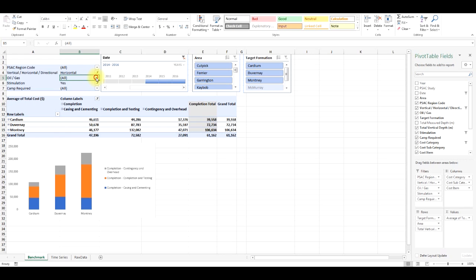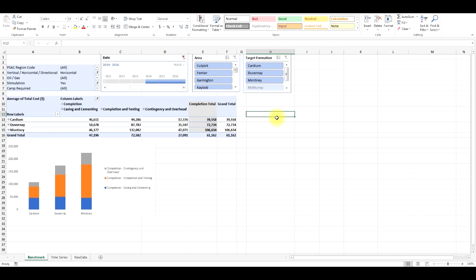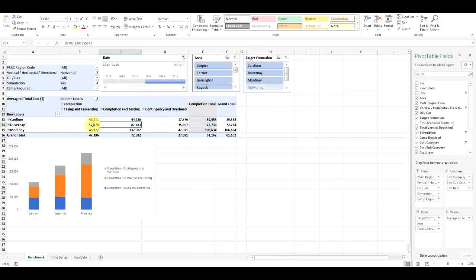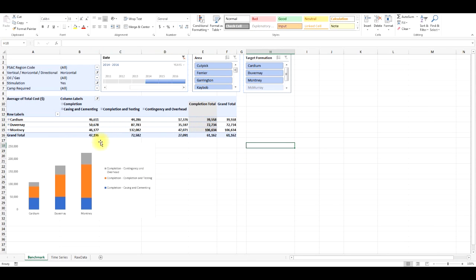I don't care if they're oil or gas. I might want to obviously fix that later though, because we are comparing across an oil and a gas region here. And we've got my three comparisons here. And if we look at my chart, one of the key insights you can see right away is that the